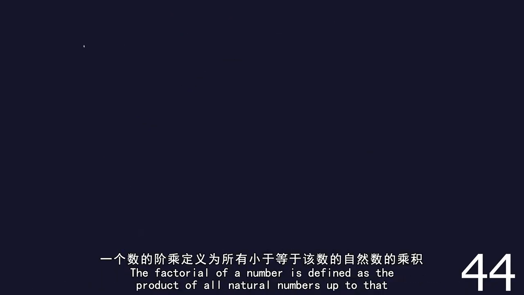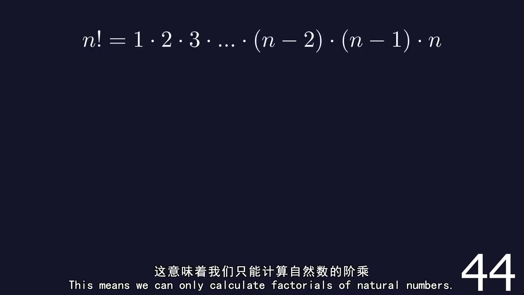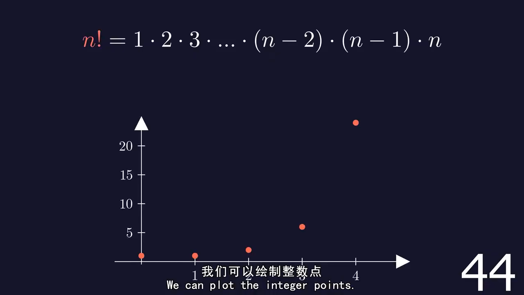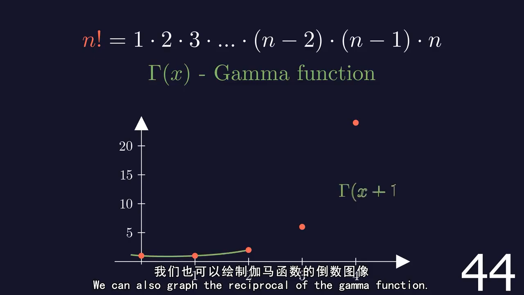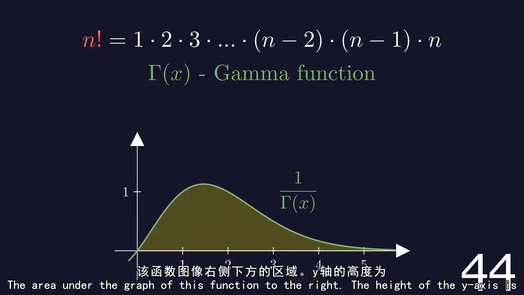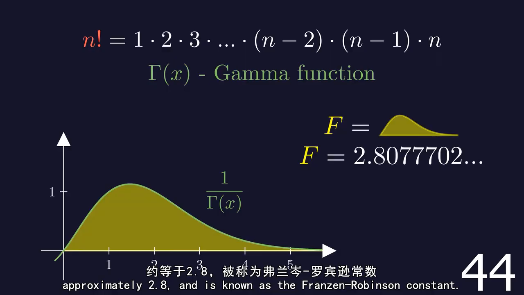The factorial of a number is defined as the product of all natural numbers up to that number. This means we can only calculate factorials of natural numbers. To graph the factorial function, we can plot the integer points. We can extend the factorial function to any number using the gamma function. We can also graph the reciprocal of the gamma function. The area under the graph of this function to the right of the y-axis is approximately 2.8 and is known